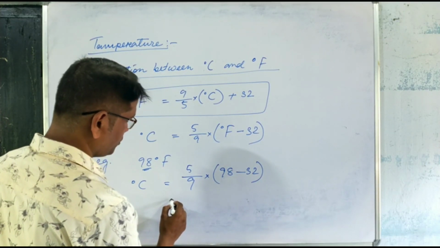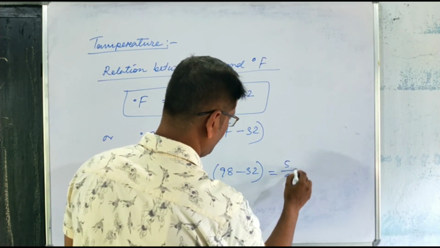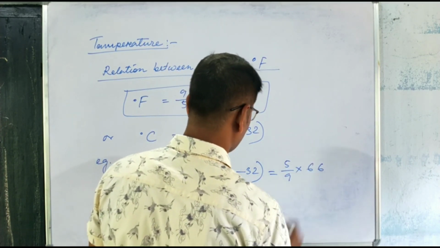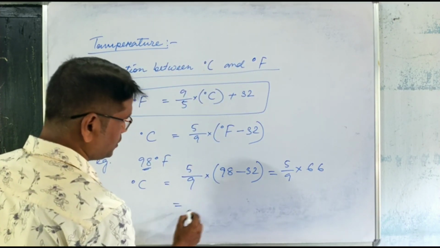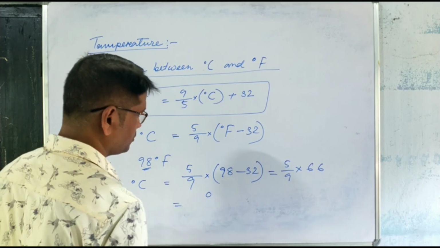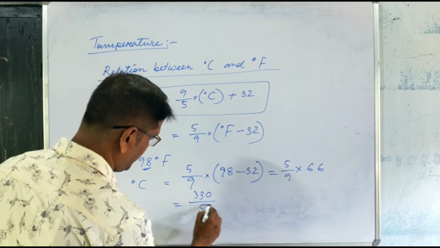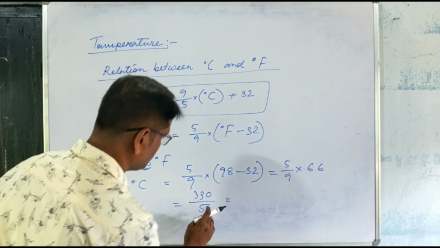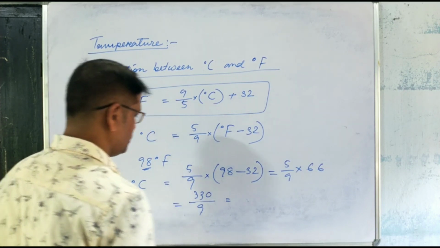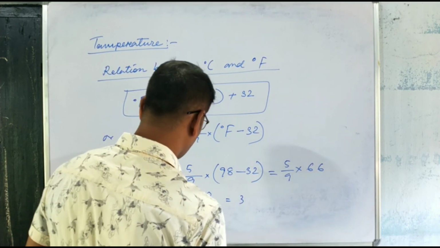So it is equal to 5 by 9 into... so that is, it is equal to... by 5. Sorry. So it is equal to 3 times